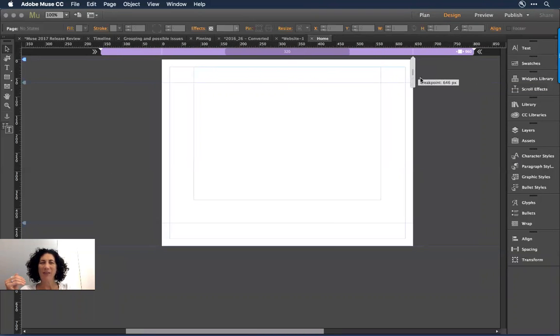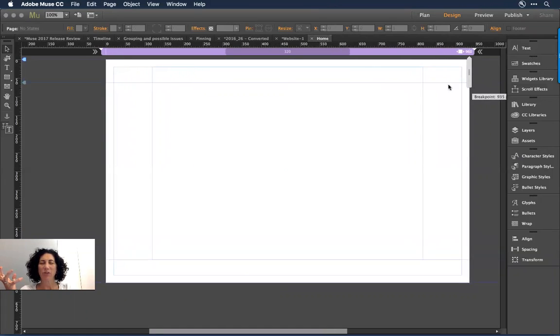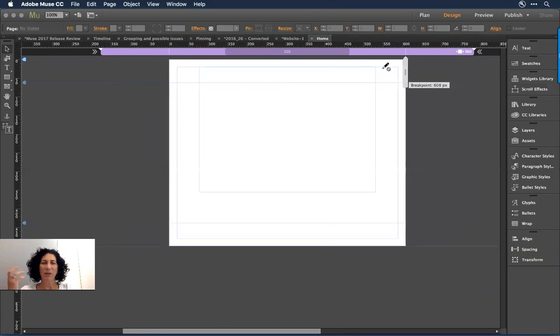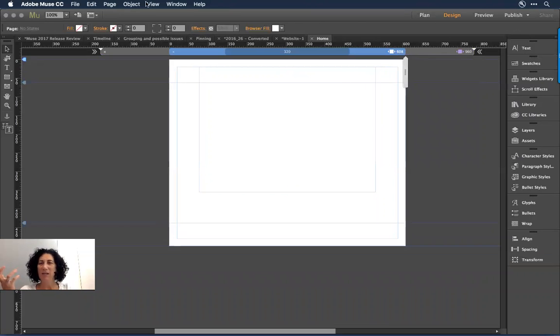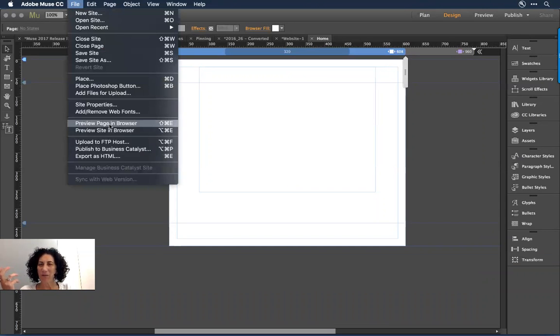Notice that it's now scaling. It's a fluid object. Perhaps I get to a particular breakpoint where I want to come in and add a breakpoint here and change that from being fluid to fixed. If I now pull down on File to preview the page in the browser,